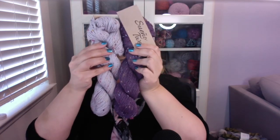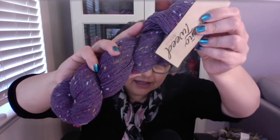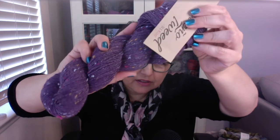And because both this one and the pink one had purple little dots on it, then I had to get the purple, right? So look at this combo. This is actually my favorite combo. So here's the purple, again with the light blue, the pink, the yellow. It's just gorgeous, you guys. I don't know if I'm going to make another brioche cowl in one of these,